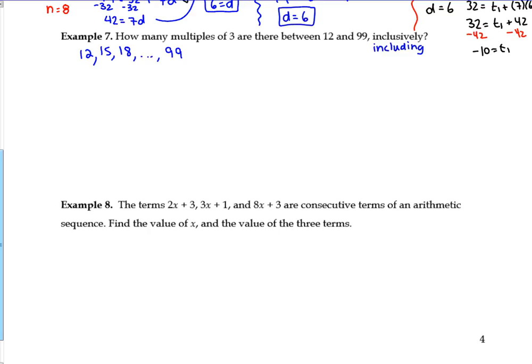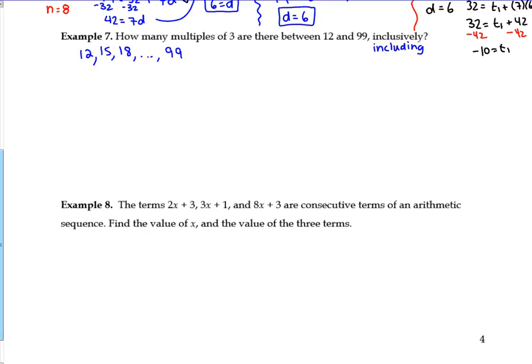If we're looking for the number of multiples of 3 between two numbers, you have to figure out your first multiple and the last multiple between those two numbers to find your first term and your last term. I made it simple in this example, and I made those multiples of 3. But they don't have to be. It could be any numbers. You have to find the first one and the last one between those two numbers, okay? All right, so with that,